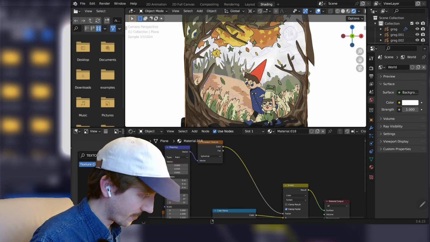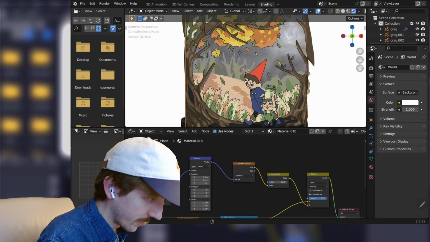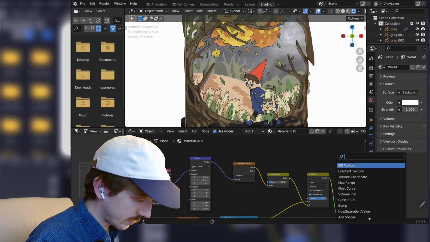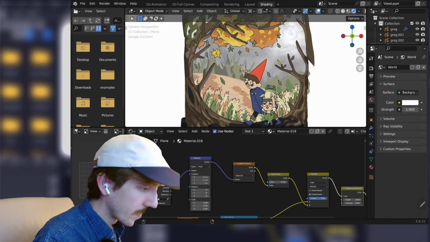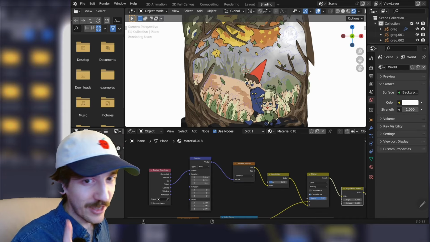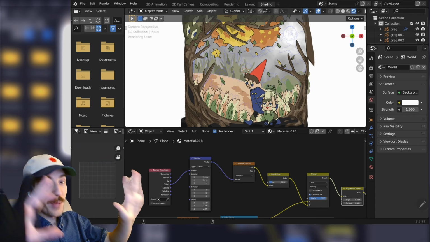Texture, coordinate. Oh, there we go. Actually, I was confused. This looks great. Now let's get a brightness contrast node and set it right there. This is looking quite nice, though I think what could look really cool is if I add another pass of